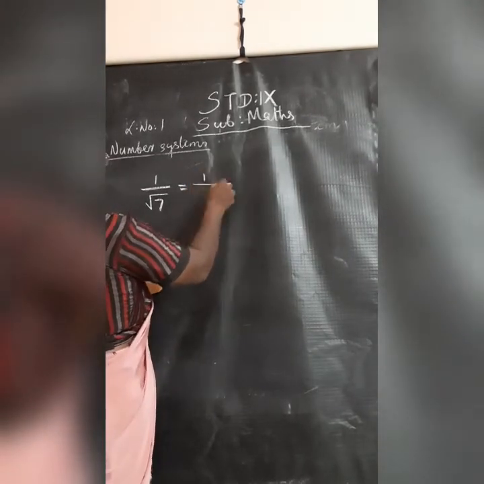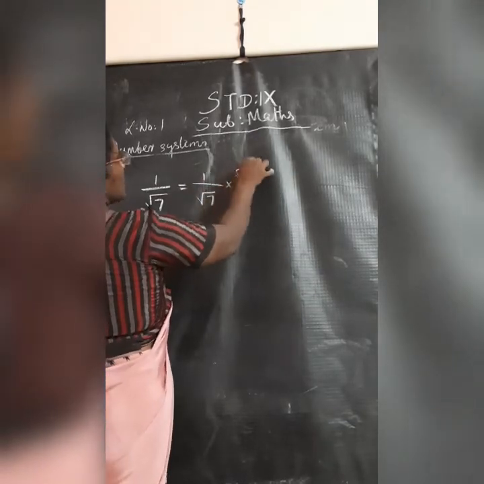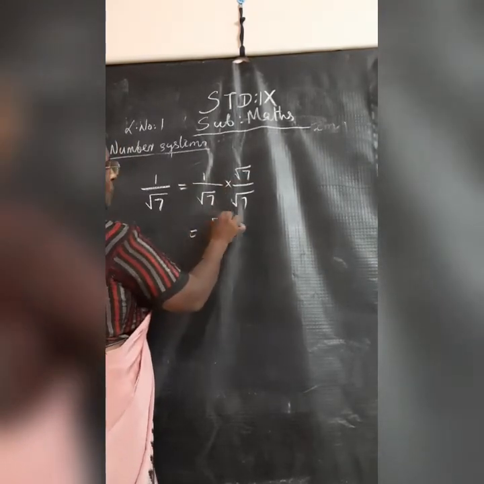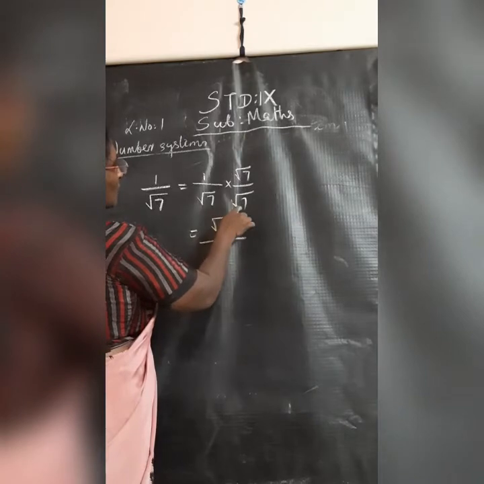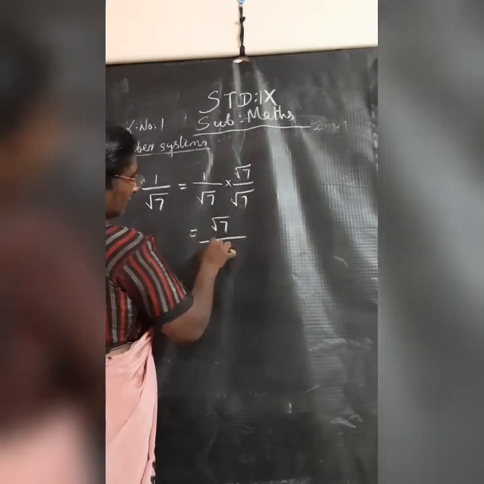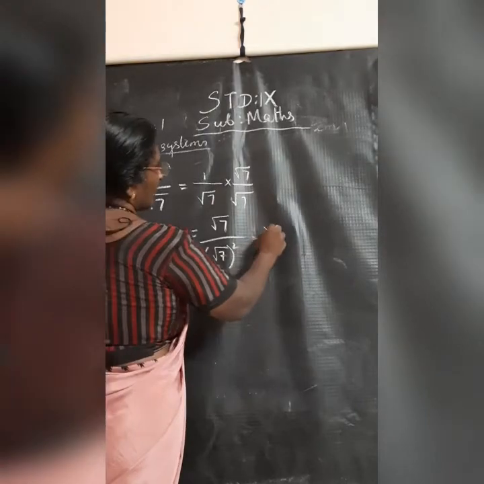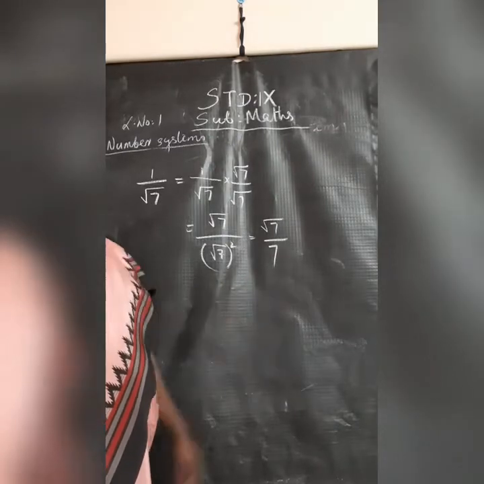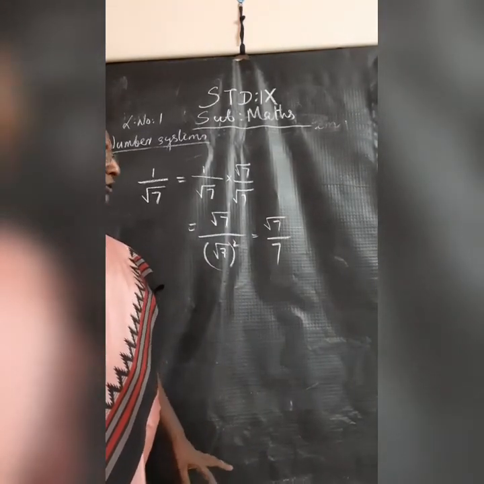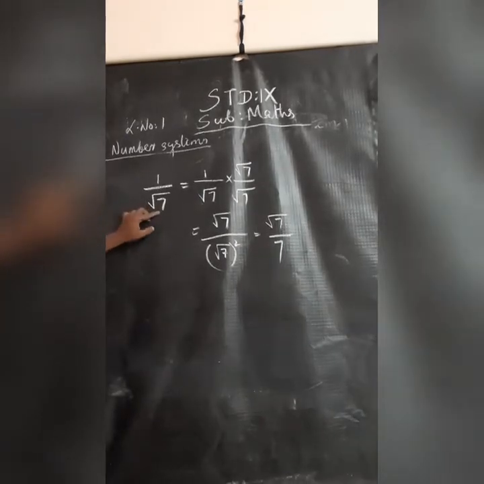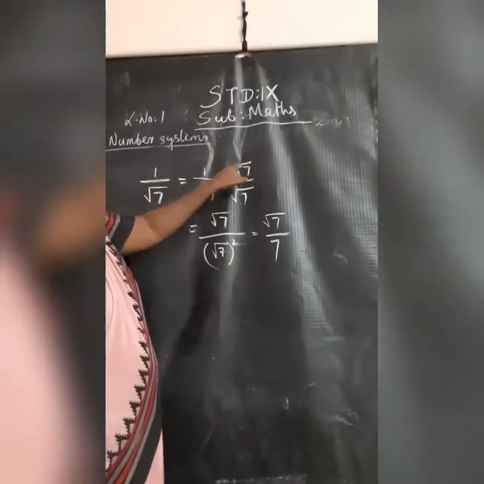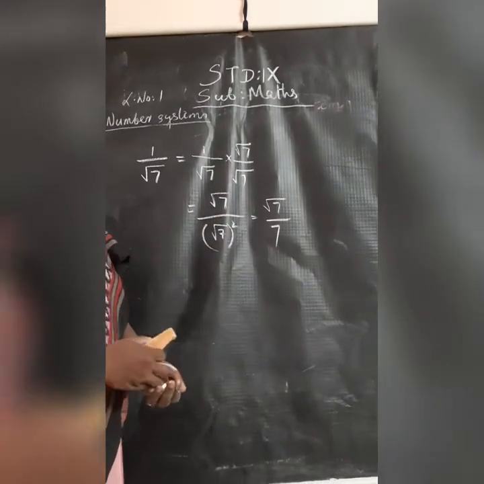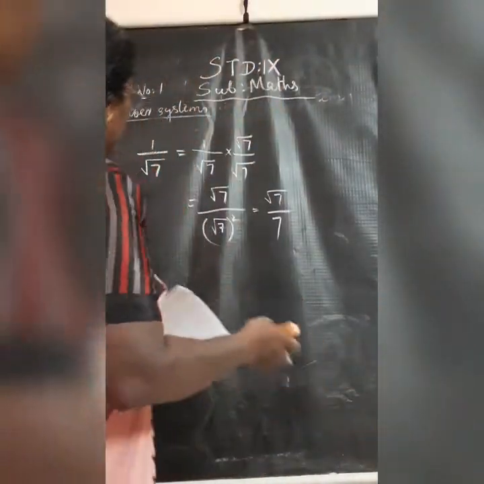So that is equal to 1 by root 7 by root 7. That is equal to 1 into root 7, what is coming? Root 7. And root 7 into root 7, what will come? Root 7 the whole square. That is equal to root 7 divided by 7. See the denominator, what did you get? A rational number. Okay, did you get the method? So when only one single term is in the denominator, the same number is multiplied up and down so that the denominator will become a rational number. Okay, copy the question. Now the second question.